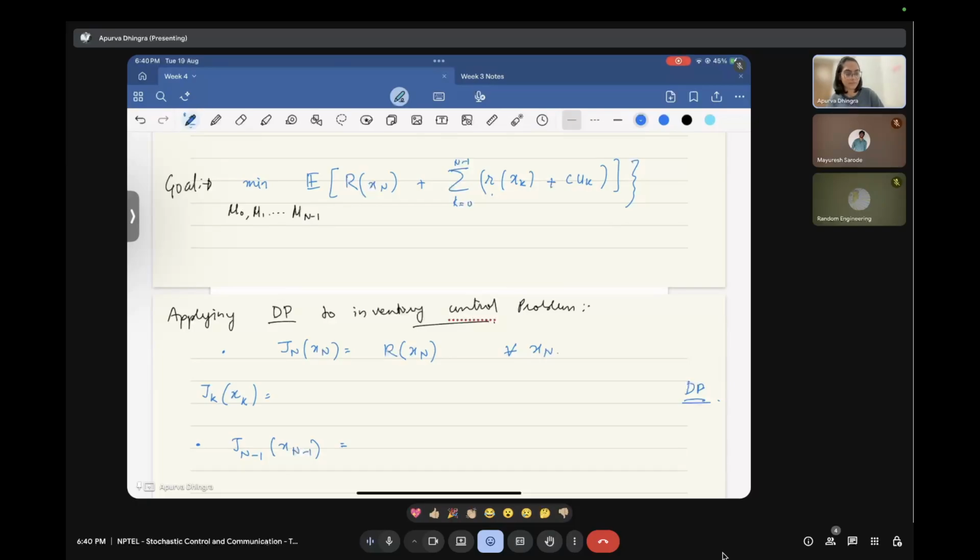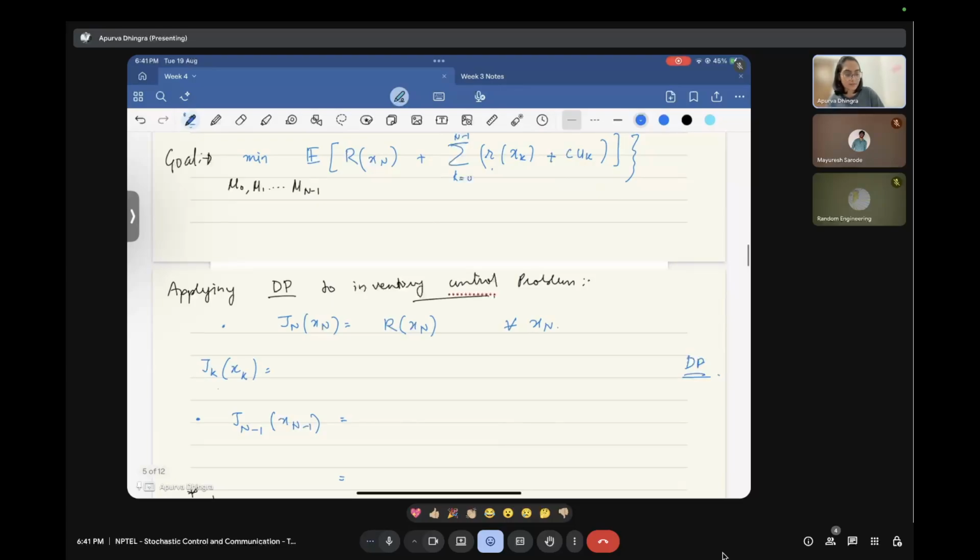So we have defined a terminal cost, and that's all it is. For any other time step k, the general thing that we're supposed to do is we're supposed to minimize over the action, and what we're supposed to minimize is